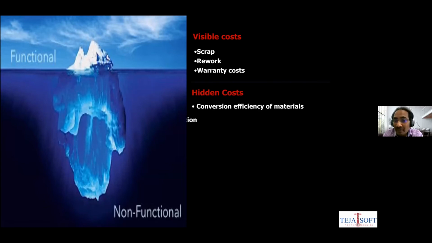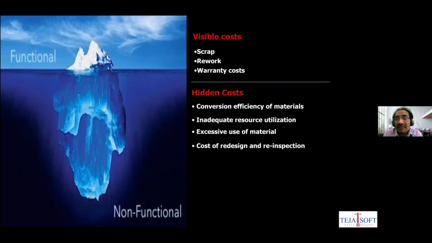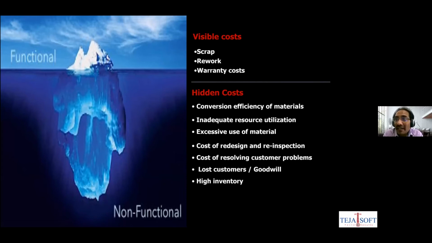There could be visible costs, which could be, as I said, 70% of projects fail and finally become scrap. Or somebody decides to rewrite the entire code base because it is already unmanageable. Or we see some customers who promise something and then get into legal issues because they are not able to satisfy the customer. So the warranty, in a business, if you fail to meet the promises, it really costs.